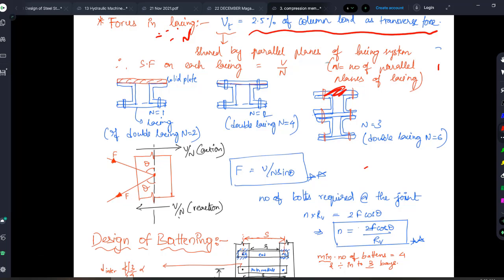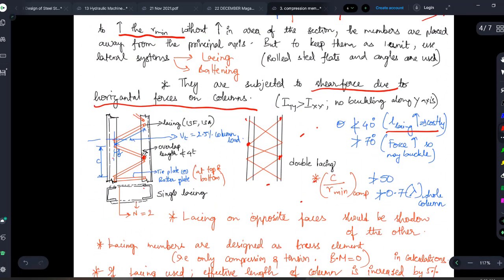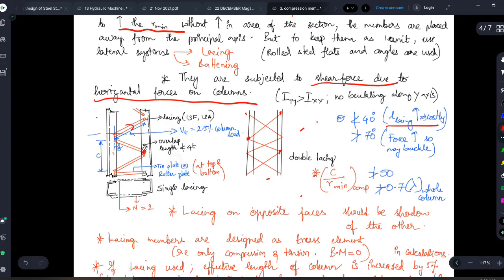So now comes a very important part. What is the force acting in my lacing? I have told there will be axial forces coming in my lacing, right? So how much is coming? What is the axial force which is coming in this lacing? Very important question. See, I have told you the role of the lacings is to resist the horizontal shear force which is being generated. What is happening here, obviously you can understand, right?